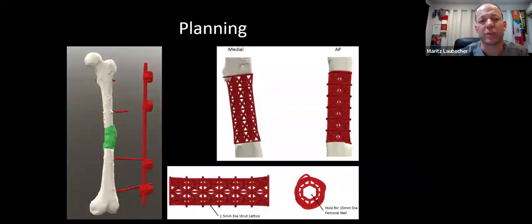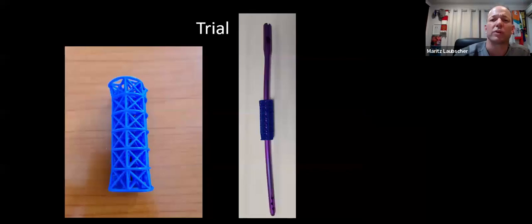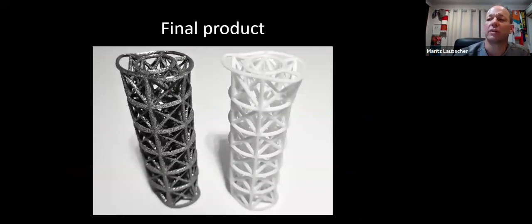Being our first case, we had to make absolutely certain that it is going to be successful. So this is the planning from the engineering software. We printed a plastic model and got the nail that we intended to use in to make sure that it fits through the middle, and then the final product was printed, the titanium one on the left, and this is an intra-op trial